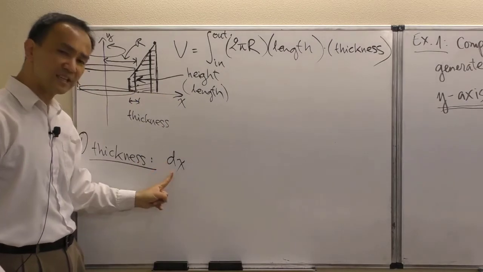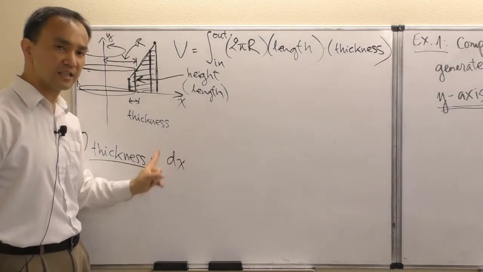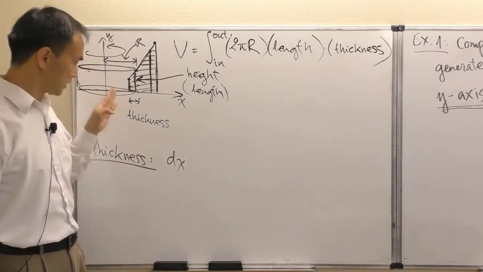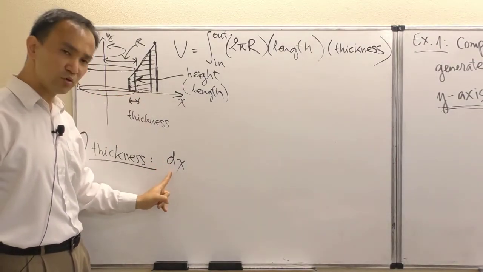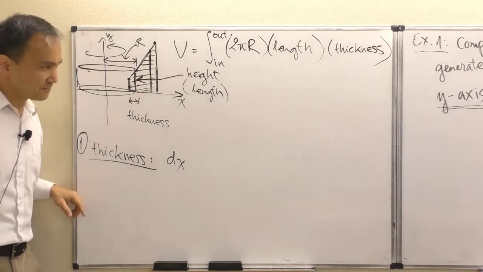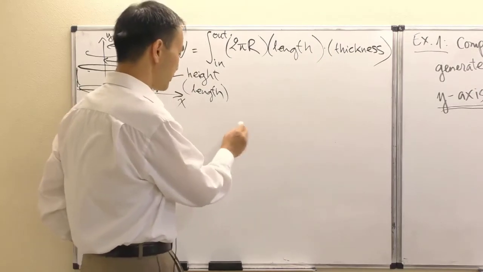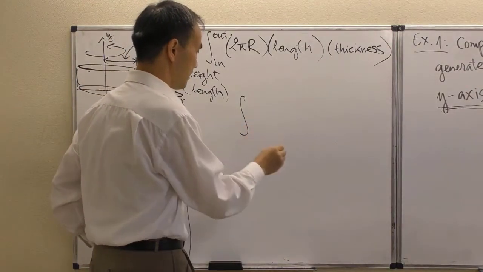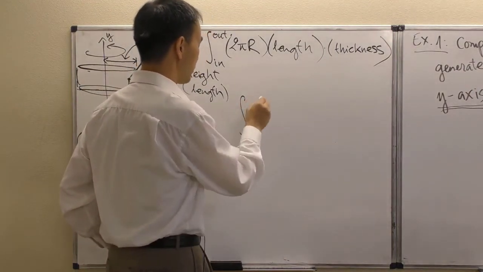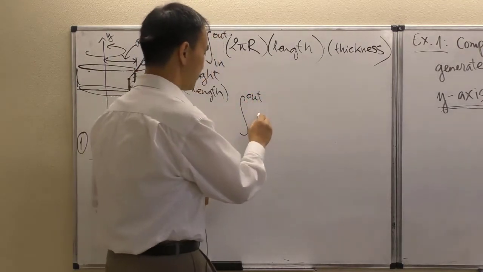That's why the thickness here deserves to be regarded as a dx, because it's on the x-axis. It's an infinitesimally small change in x. And we're going to put that as part of our accumulation formula right here. So now I have the accumulation from the inside out, and I'm partly filling in